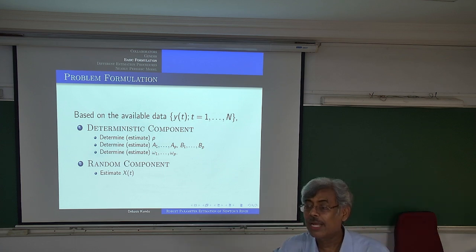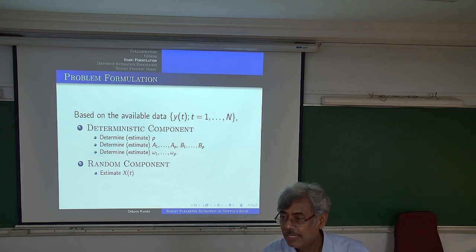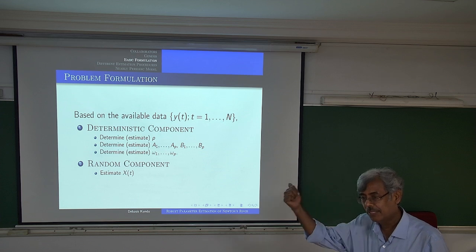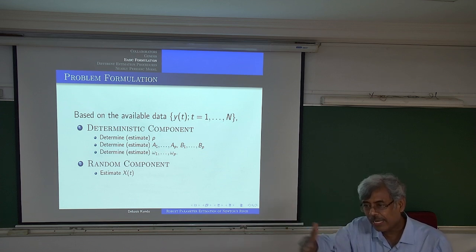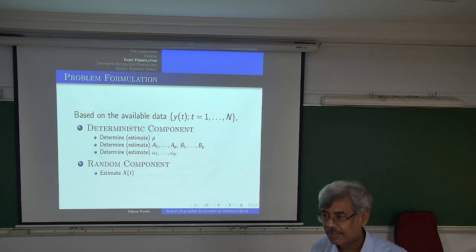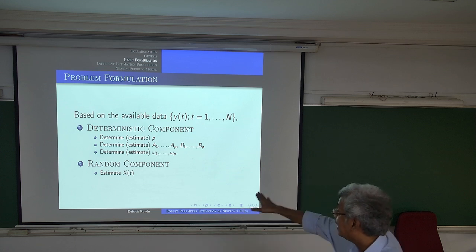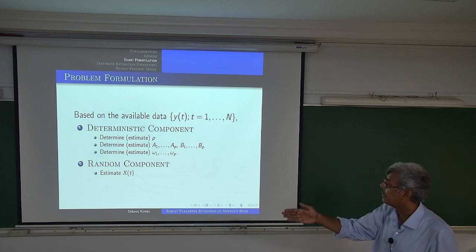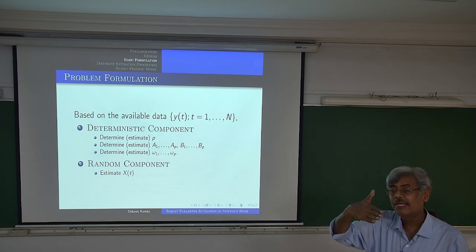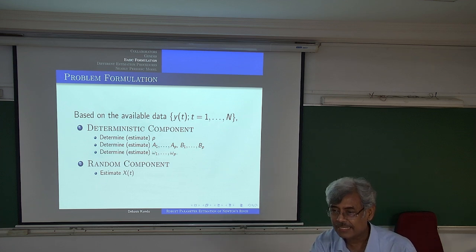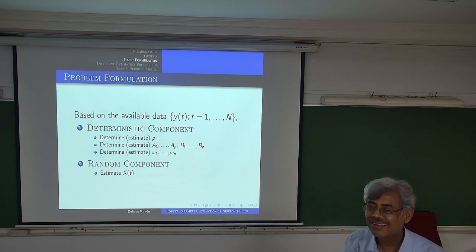Yes, your omega 1, omega 2, omega p. You have p different omegas, whereas in your Fourier series, your omega is fixed throughout. You have an infinite sum. Why do we have more than one omega here? See, that's a compromise. Because we are making a compromise on the number of components, instead of looking at infinity, I am making the number of components fixed.